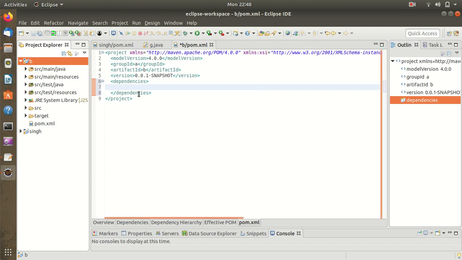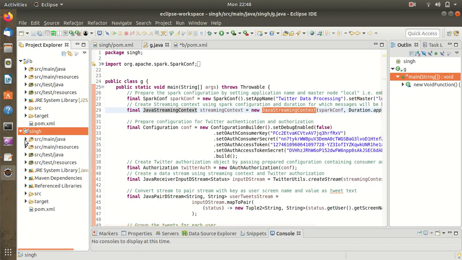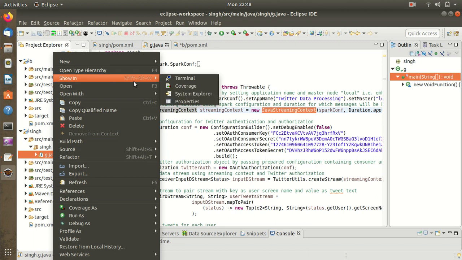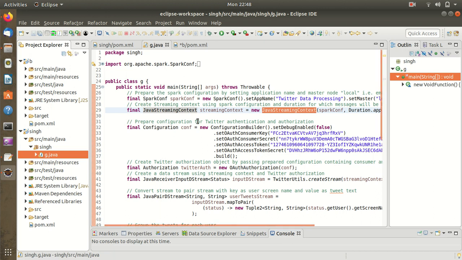And one more thing you need to attach with this. Once you have this code available, let's suppose this is my code g.java. You can see g.java under my package sync. You also need to take into consideration all the external jar files of Apache Spark. Otherwise, you'll get a lot of errors here, because we have some terminology from the Apache Spark background as well.